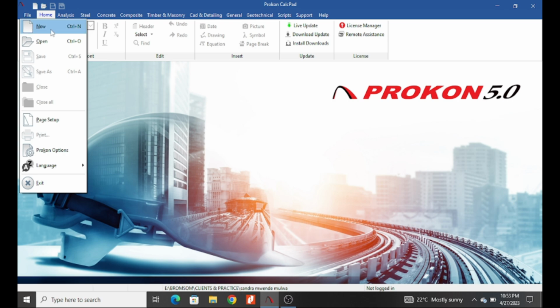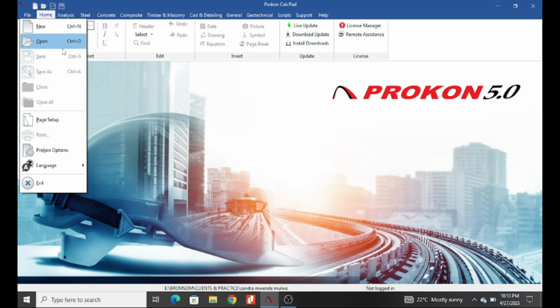From file, you can open a new document. If you want to start a new project, you can always go to new, and then it will start a new project. And then you can open an old project or something you have been working on and you had saved it. It can open from here. Also, we have these other commands which are grayed out, including save, save as, close, and close all.